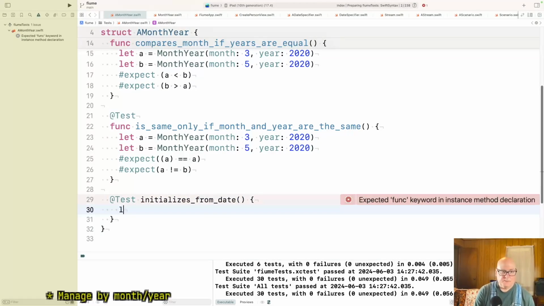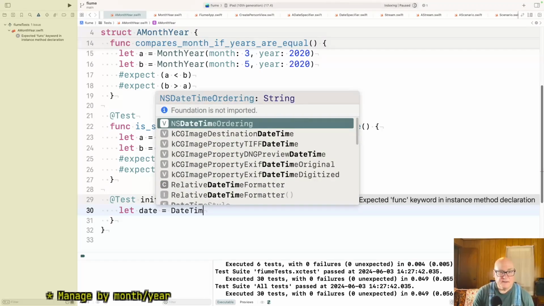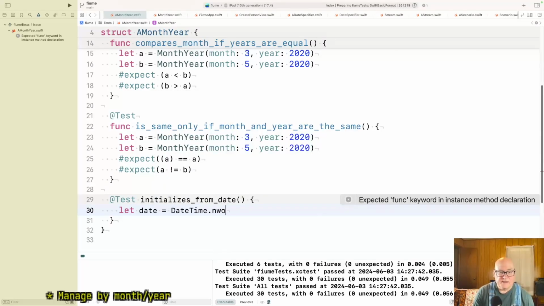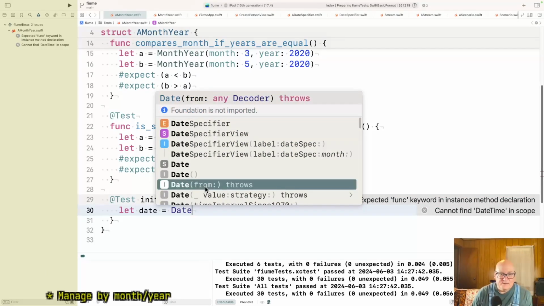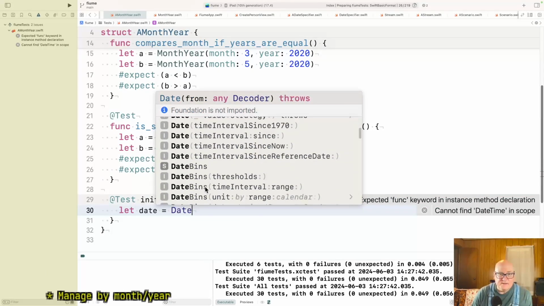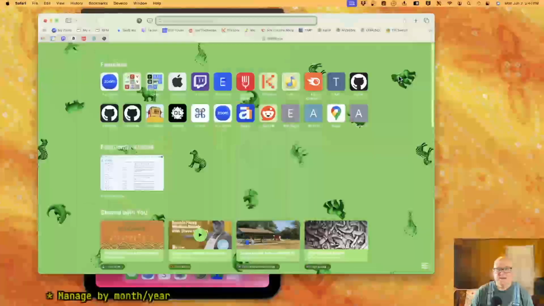Okay, so let date equal. I don't know how you specify these. I thought it was datetime.now. I don't want to use that, but date time. Thinking of some other language. Date. Okay.